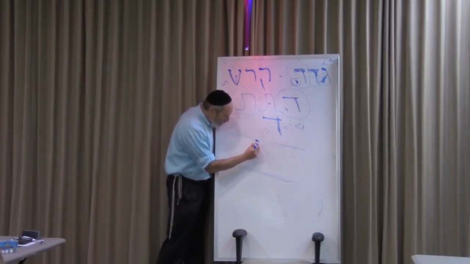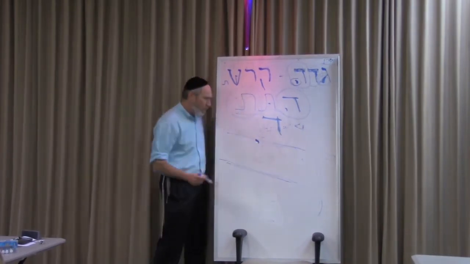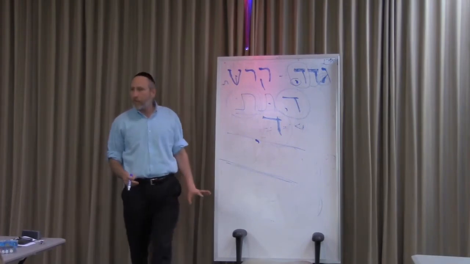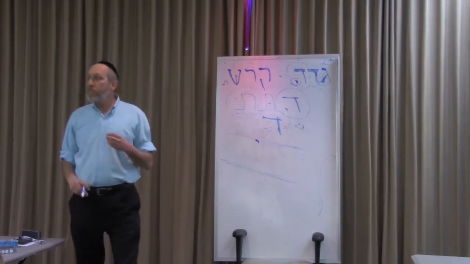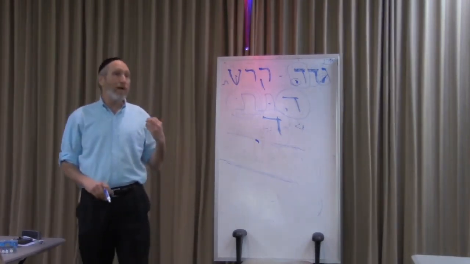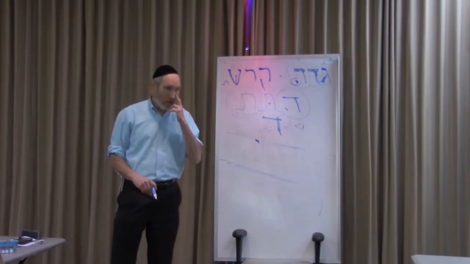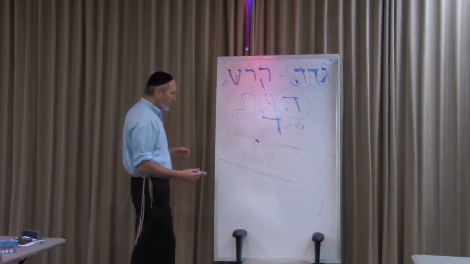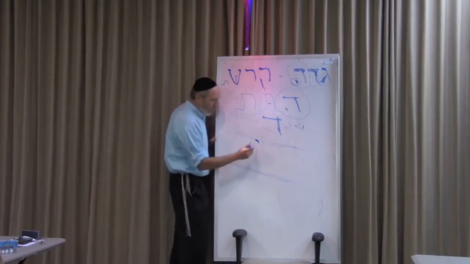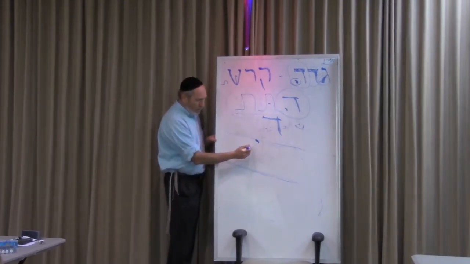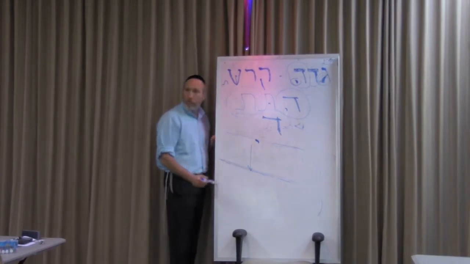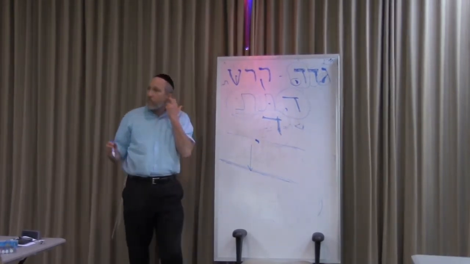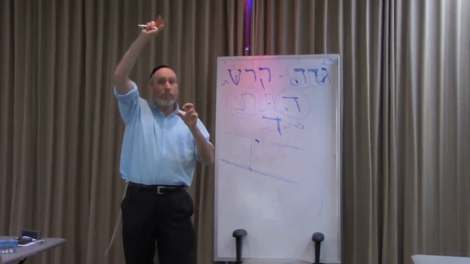Here is the Yud. The first letter in the divine name, the Tetragrammaton, is the Yud. And we talk about the Yud many, many times. The Yud represents the idea of spirituality in the world. Godliness in the world. It's the letter of wisdom. Let me show you how this works. First of all, I told you, it's the only letter that floats above the margin. It doesn't come down to the margin. That represents it's spiritual. It's up there.